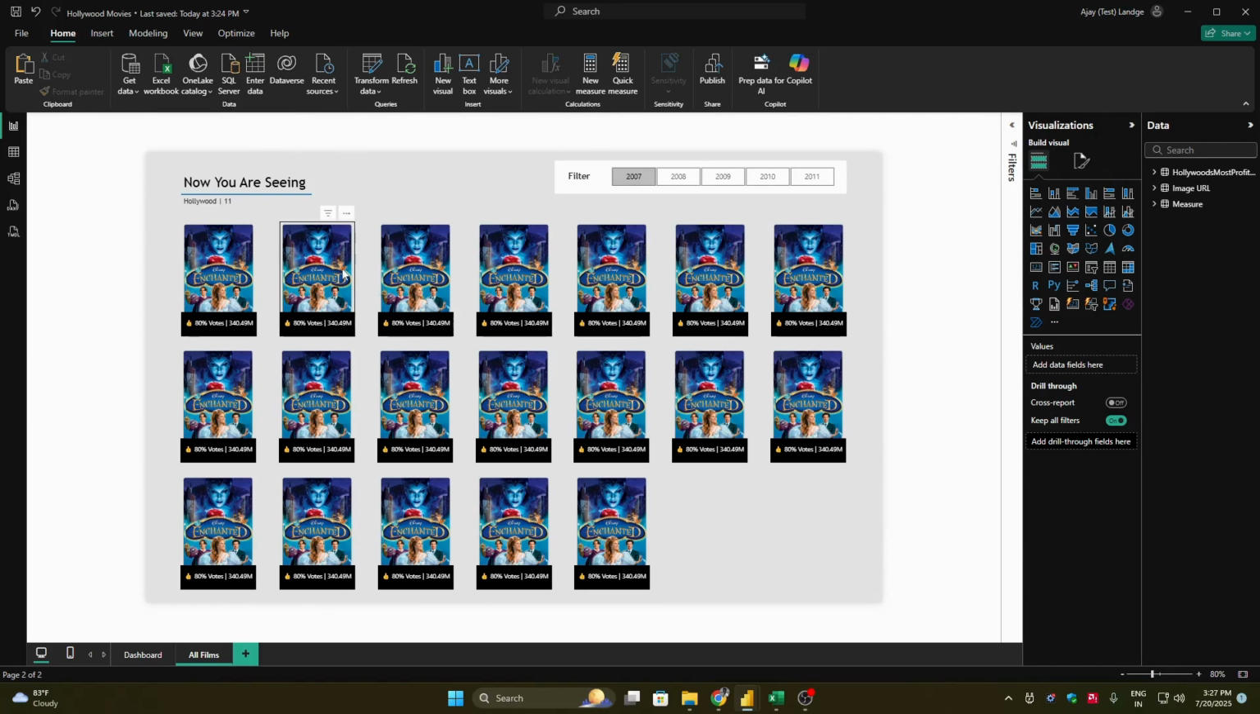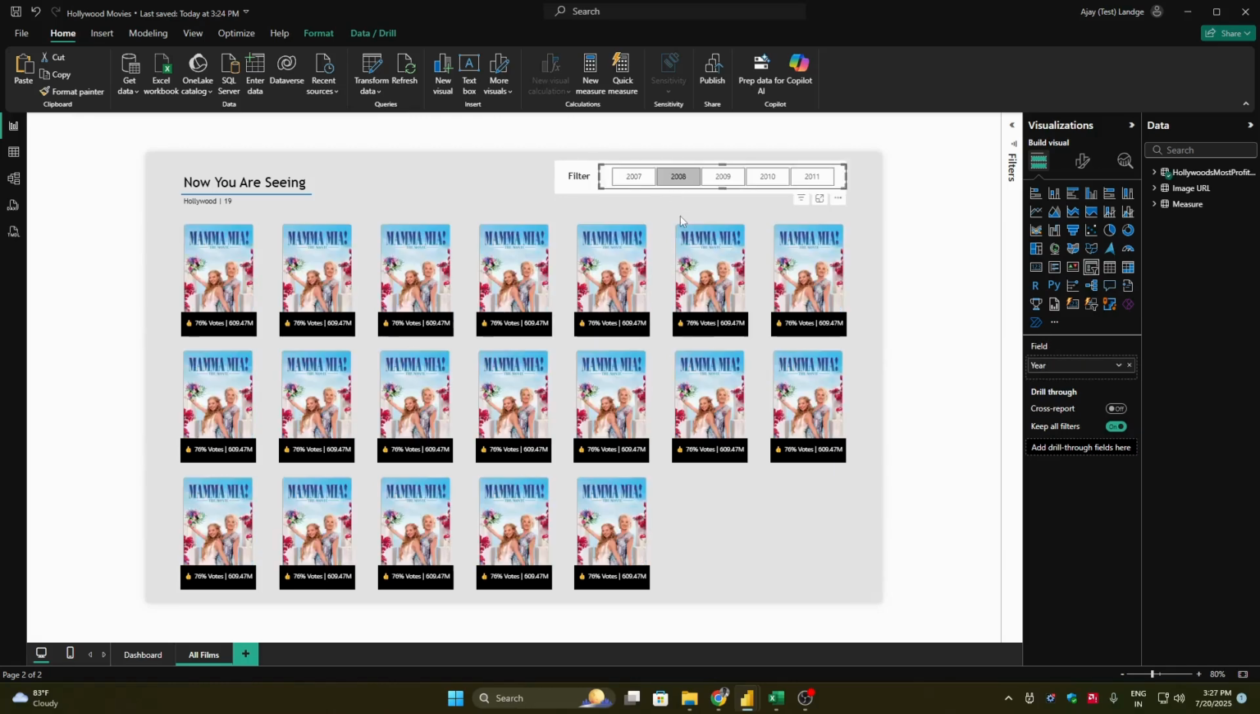Now we will have to format each card so that when we select 2008, we'll see the first film over here, second film over here, third film, fourth, and so on. So let's do that. Second,